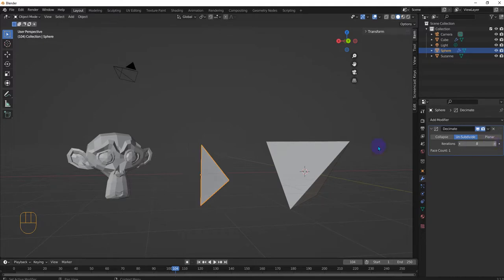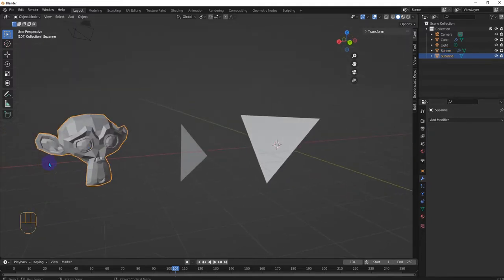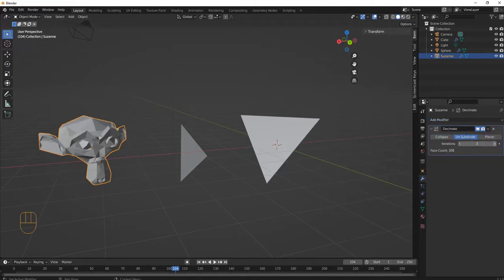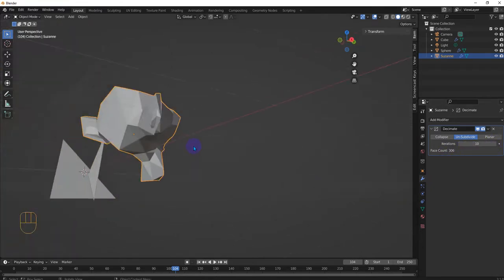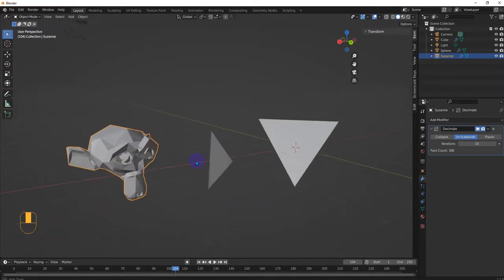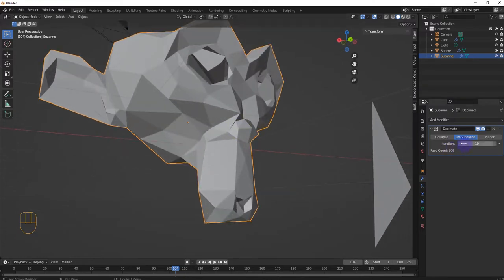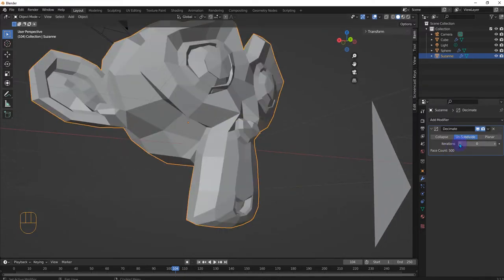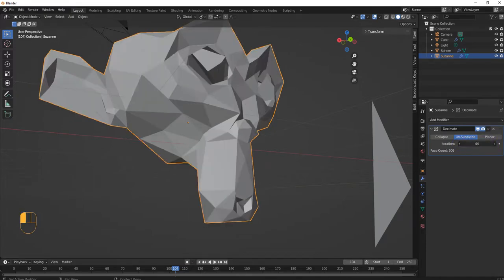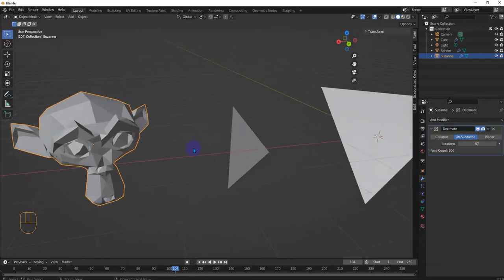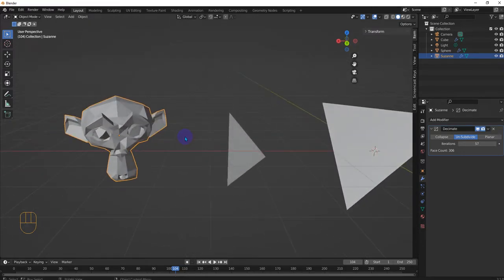And yeah, it's cool. And then we can do the same thing to any other object as well. Decimate, just really decreasing the amount of faces that make up your object. And I guess for us to keep the shape without losing its look, the lowest we can go is 306. So that's good to know, and probably useful for games when you're building assets and you don't want too much